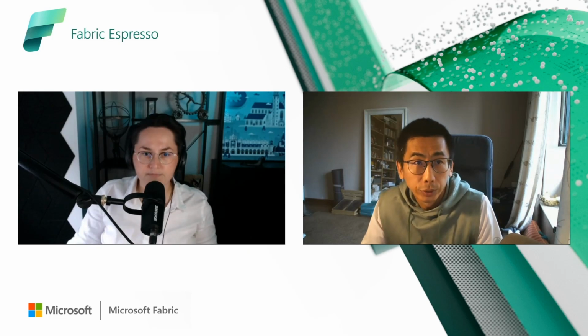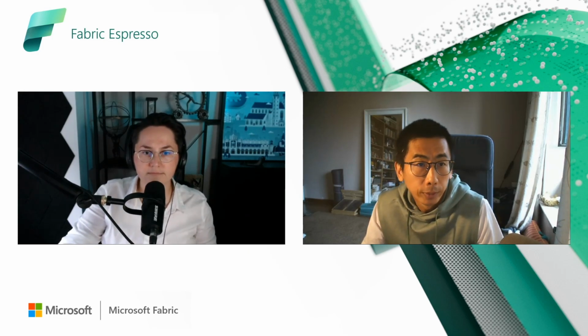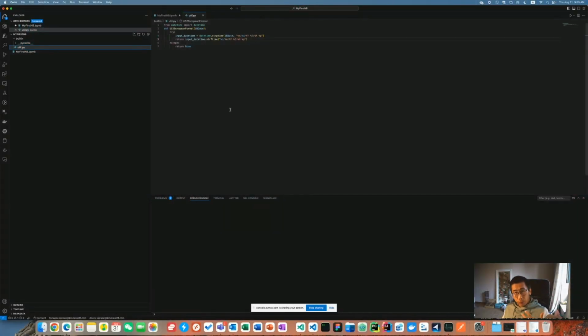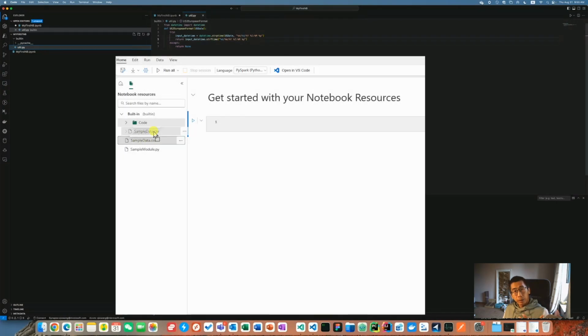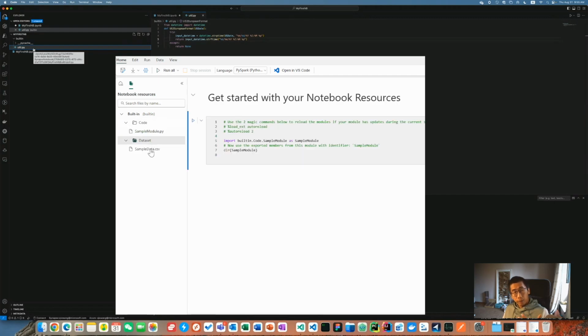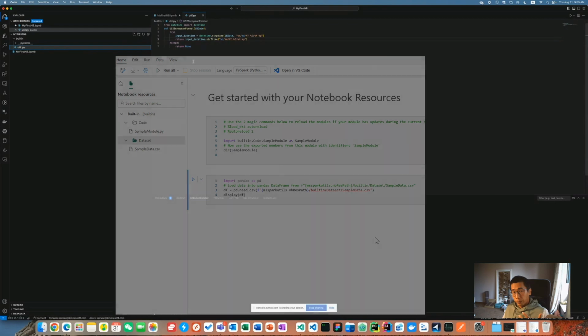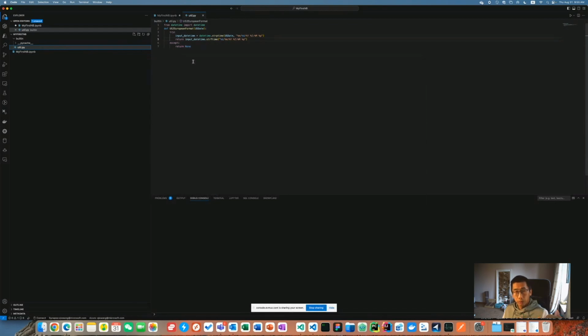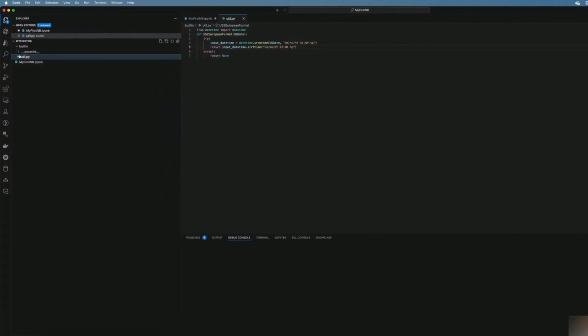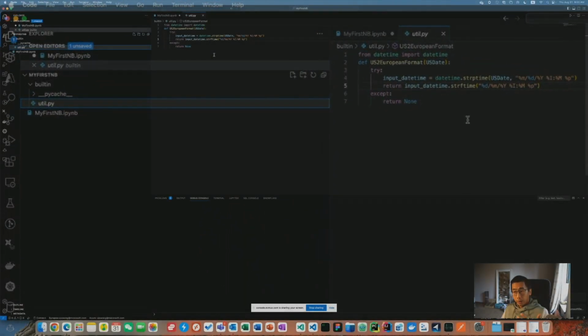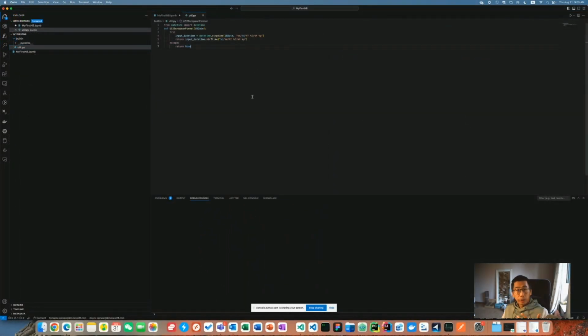Yeah, that's a good question. So let me switch back to my demo again. We do support that kind of scenario. Actually, in recent days we rolled out a cool feature for notebooks. We call it file systems. The file system basically means that within the notebook folders, you can create PY files as modules, and within the PY files you can define certain functions that you'd like to reuse in the notebook. So in this example, you can see I have this util.py as a module created in these notebook folders,